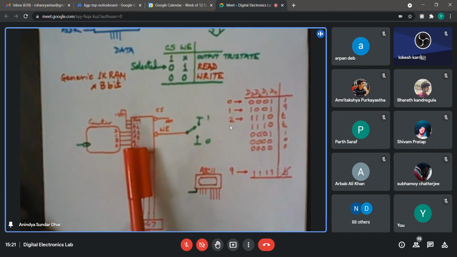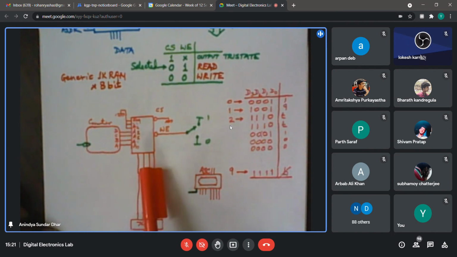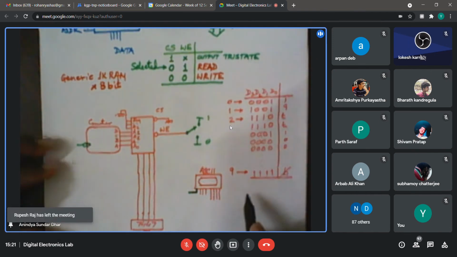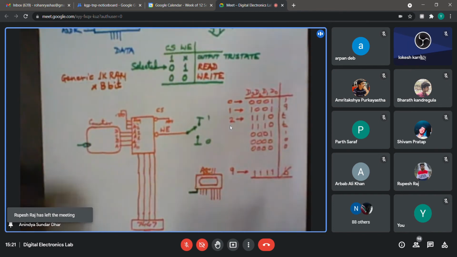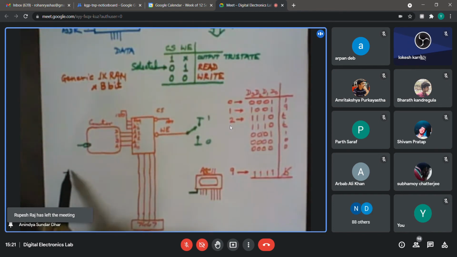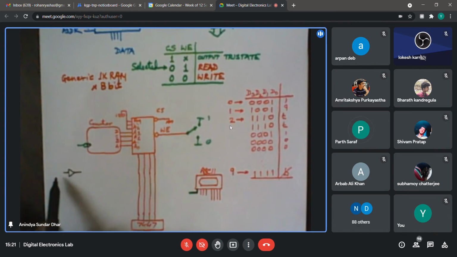If you unselect that one, then all the outputs will become unselected, which means all the outputs will become tri-state. Similarly, you can have something called a tri-state buffer. How does a tri-state buffer work? I'm showing it here. This is a general symbol of a buffer.